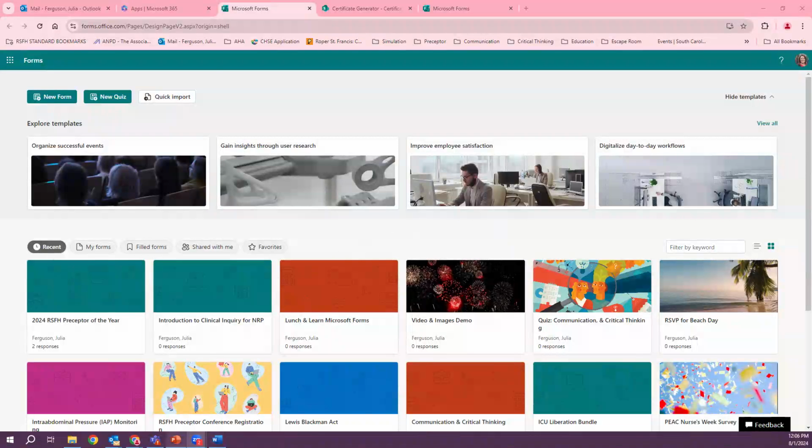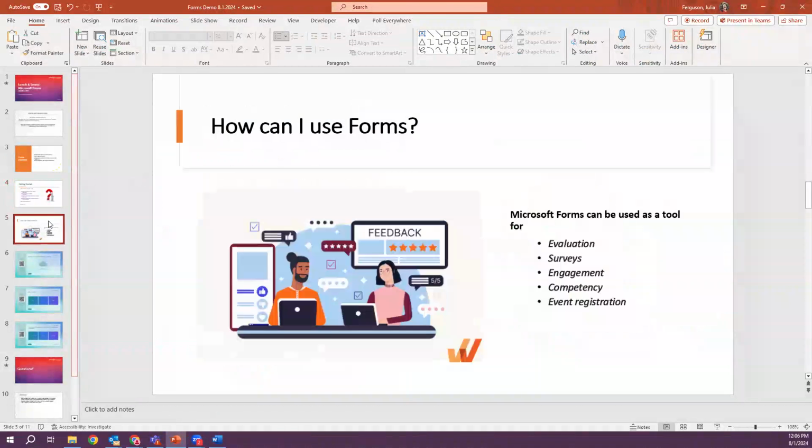Now, I'm going to switch back. And, switching back to this for just a moment, because I also want to show you some other features that you can have with forms, is that you can use them online, or you can also embed them into presentations. You can share QR codes, links, but there are so many different ways that you can utilize forms. So the first one that we're going to do, and I'm just going to provide some examples, and then we will